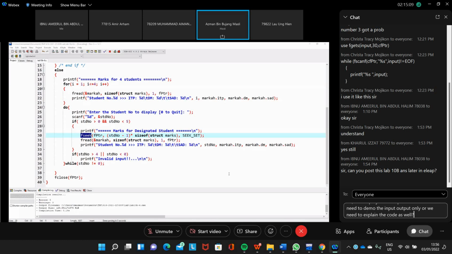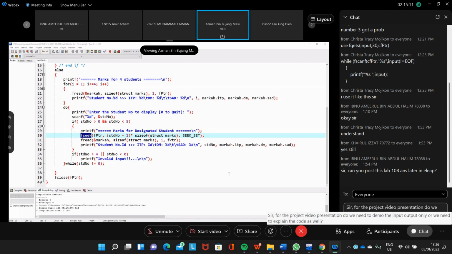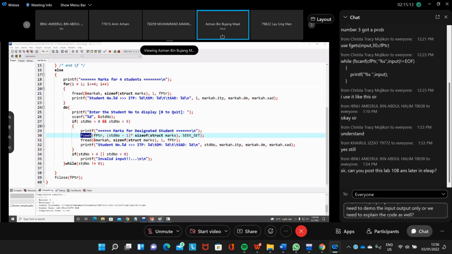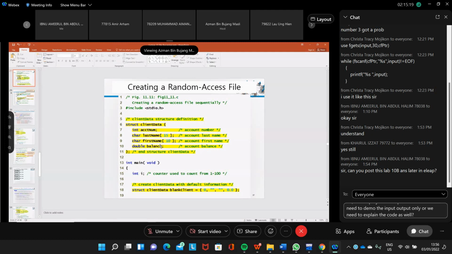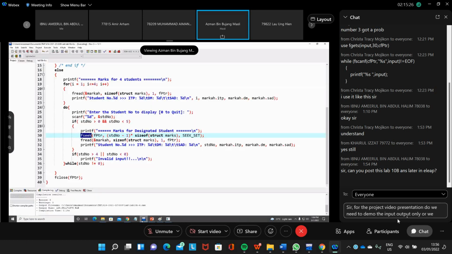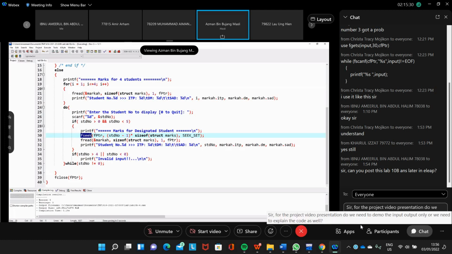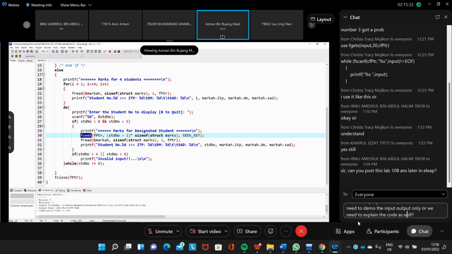But it is better, as you know, if you look at the example in the lecture slide, we arrange the data according to account number. So we have account number 1, number 2, number 3, isn't it? So that we can jump to a particular location. Similarly, for this lab, we have student number 1, number 2, number 3. So it is better if you want to store your data in your file and then search according to location: location number 1, number 2, number 3, and so on.